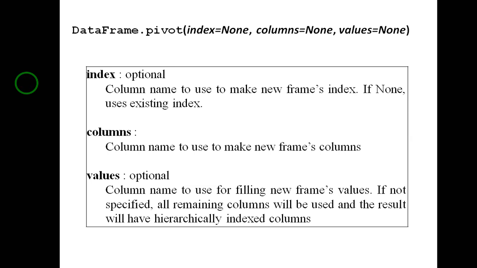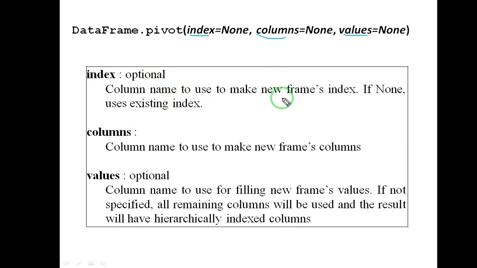So basically there are two functions available in Python for pivoting a data frame: the pivot function and the pivot table function. Now the pivot function is used to create a new derived table, or a new derived data frame, from an existing data frame. It takes three arguments. First one is your index, then the column and the values. These are the three arguments that it takes. As a value for each of these arguments we need to specify a column name from the existing table.